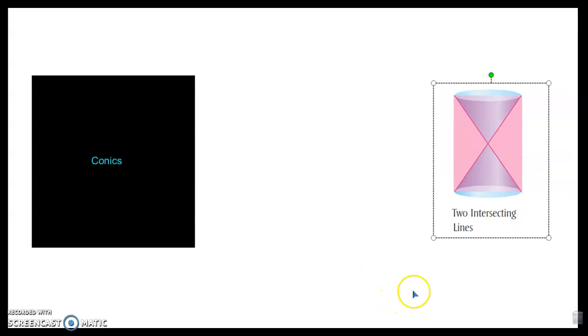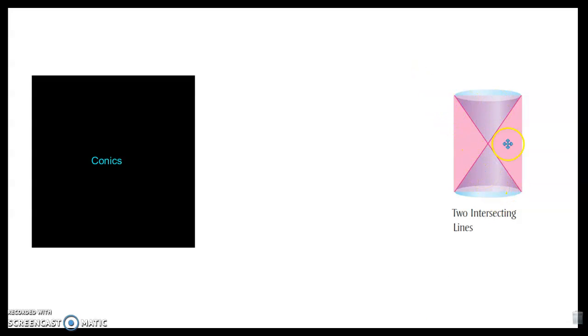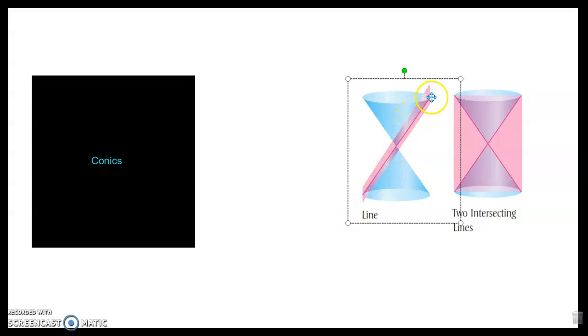So chapter 10 is conics. In the world of conics, we have a few things that we've already touched on. One of them is two lines that are intersecting. We have a double cone here and a plane that intersects right here where these edges are that you see, these dark lines. Well, that's intersecting two lines. Comparing that to only one line would be a plane that is tangent to these cones, this dark red line,